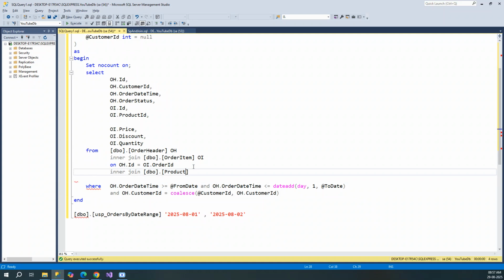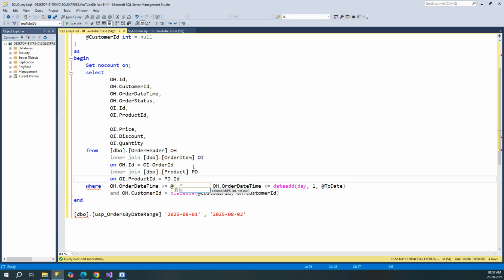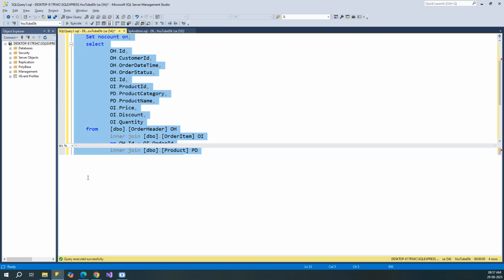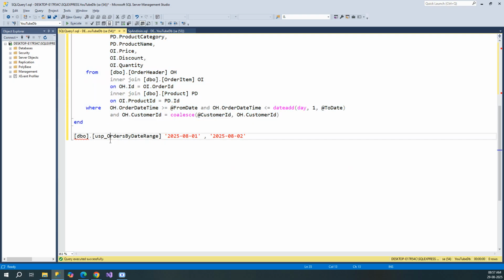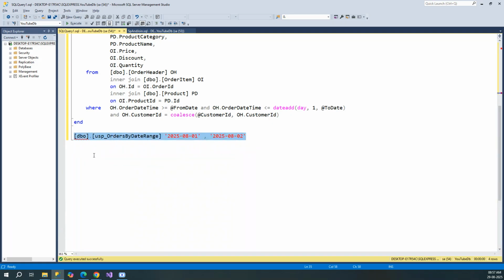just the product. Let's give it a name as pd on oi dot, in the order item we have product id, right? So we'll use oi.product id equal to pd.id, right? And let's bring product category also, and let's bring pd.product name also, right? Now let me alter the stored procedure and run this again. So procedure is altered. If I go ahead and run this now, so we have product category and product name